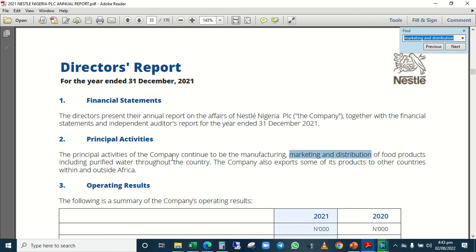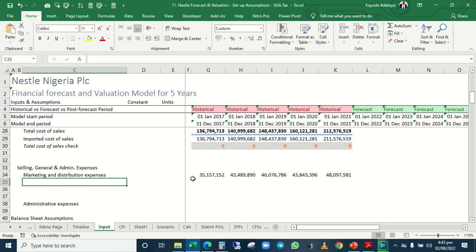The principal activities of the company continue to be the manufacturing, marketing and distribution of food products, including purified water throughout the country. So they manufacture, they also do marketing and distribution. So this is a good basis of actually